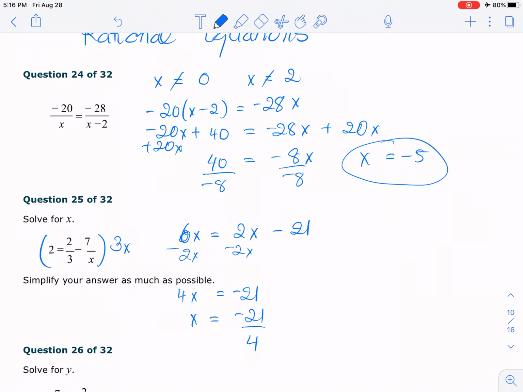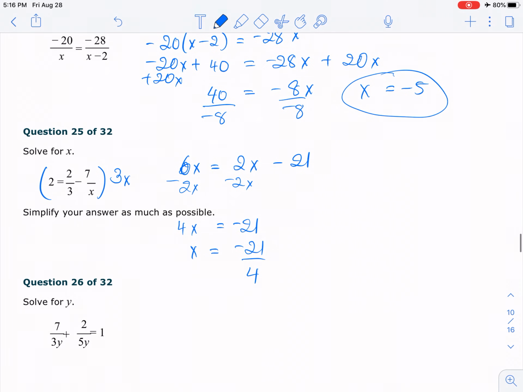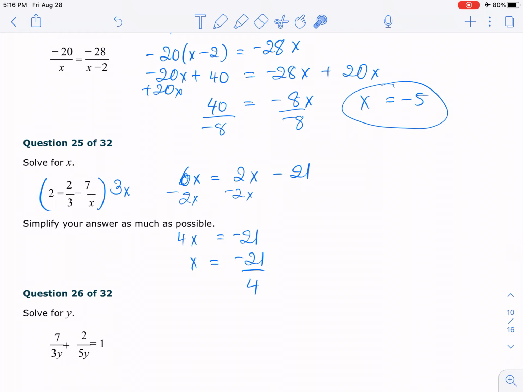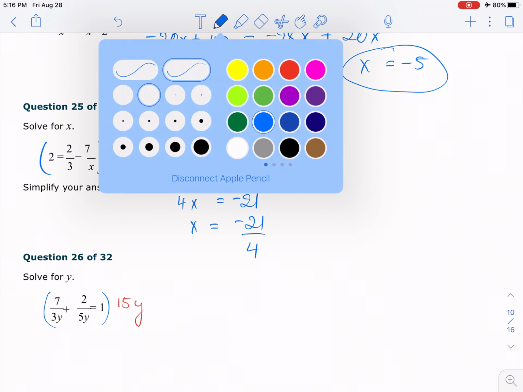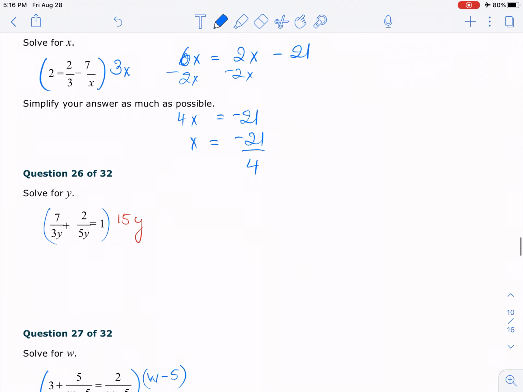Now moving on to something like number 25. As you can see, I multiply everything by 3x, which is the LCD, to get rid of the fractions. So I'm going to do number 26 with you. You see that for this problem, the LCD is 15y. So after you multiply 15y by everything,